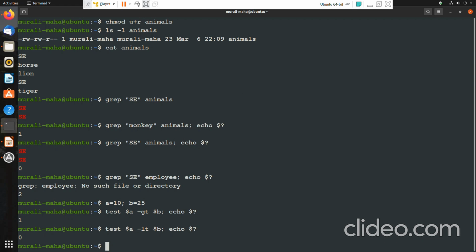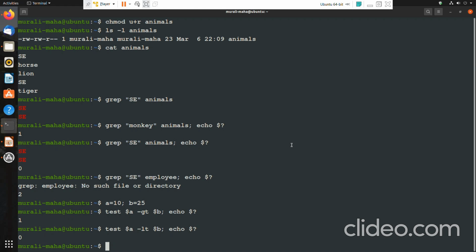So the test command, let me repeat again, evaluates an expression provided to it as an argument. It can be either a relational expression, a logical expression, a string test expression, or a file test expression. It can be any of these expressions. If the expression is evaluated to true, then the test command stores a value 0 in the $? variable. True is synonymous to successful. And if the expression is evaluated to false, which is synonymous to unsuccessful, it stores a value 1 in the $? variable.